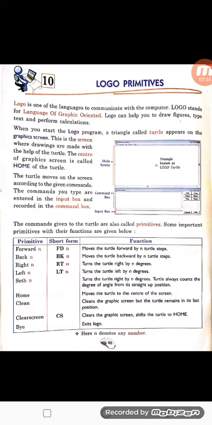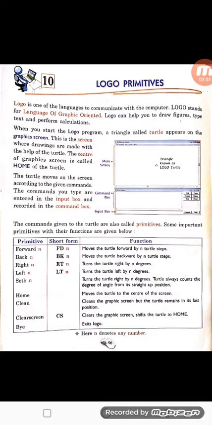This is the distance that our turtle travels. So today we will study some other primitives. So let's start. SETH n turns the turtle right by n degrees. It turns your turtle, and the turtle always counts the degree of angle from its straight up position.